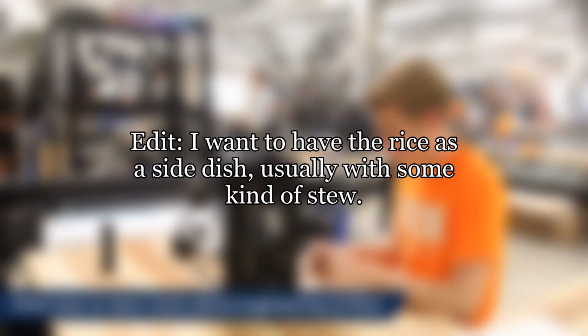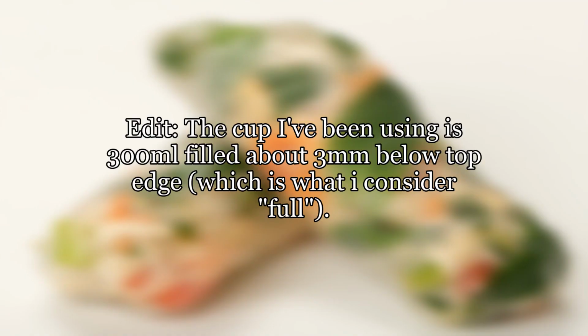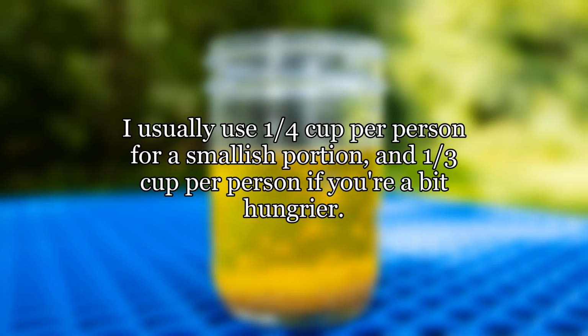Edit. I want to have the rice as a side dish, usually with some kind of stew. Edit. The cup I've been using is 300 milliliters, filled about 3 millimeters below the top edge, which is what I consider full. I usually use 1/4 cup per person for a smallish portion, and 1/3 cup per person if you're